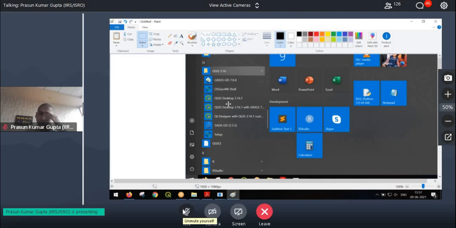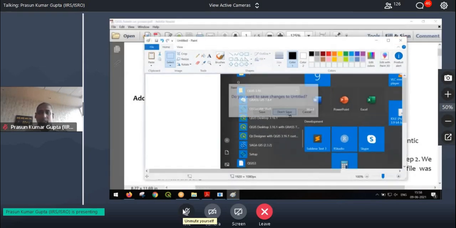Okay. So you basically need this QGIS Desktop, but if you're doing higher functionalities which include GRASS, then you can start this one, QGIS Desktop with GRASS. I use it as my default option because you never know what you are going to use. So this is the safest option to start, QGIS Desktop with GRASS. But if this is not working, then you can use QGIS Desktop. Everything that you will see today can be done using QGIS Desktop 3.16 or 3.18. Okay.